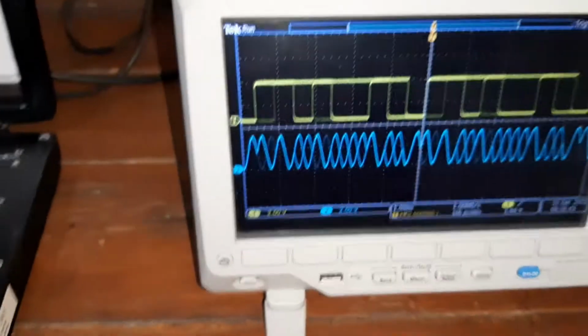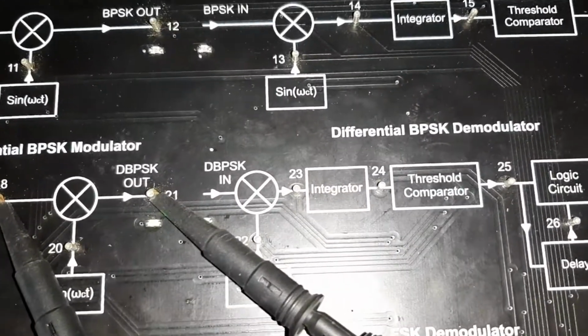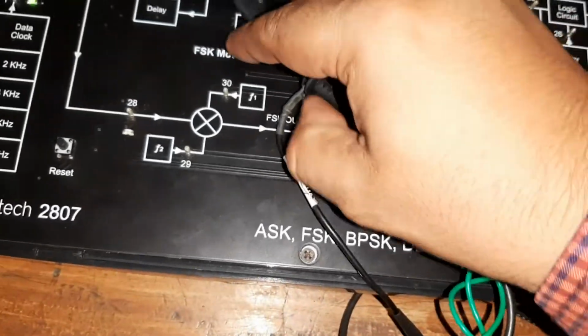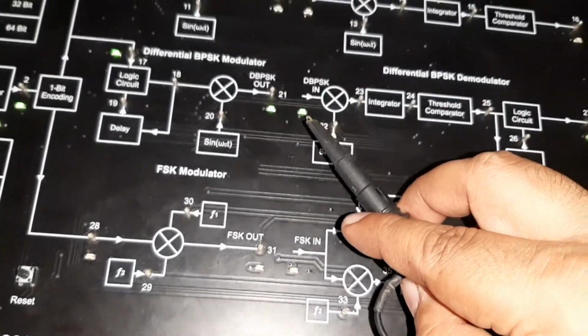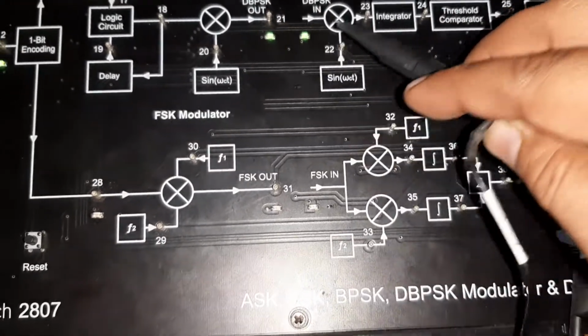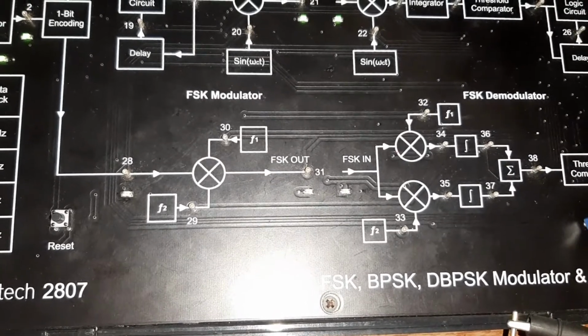DBPSK modulator. Now we will look at the DBPSK, differential binary phase shift keying, demodulator concept. As I told, whatever the output of DBPSK is, we can use that DBPSK output as the input sequence. You can observe in this connection, the DBPSK input we provide to the mixer.